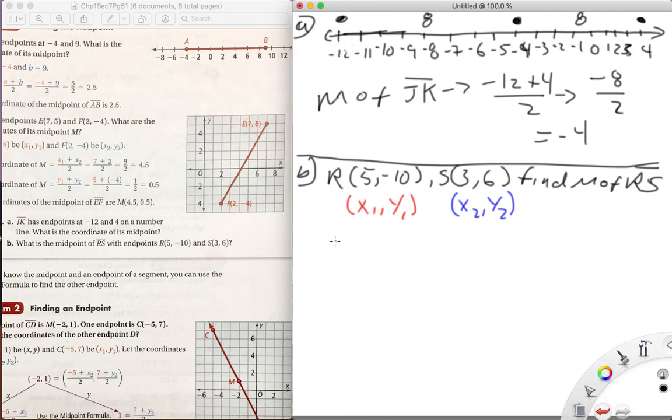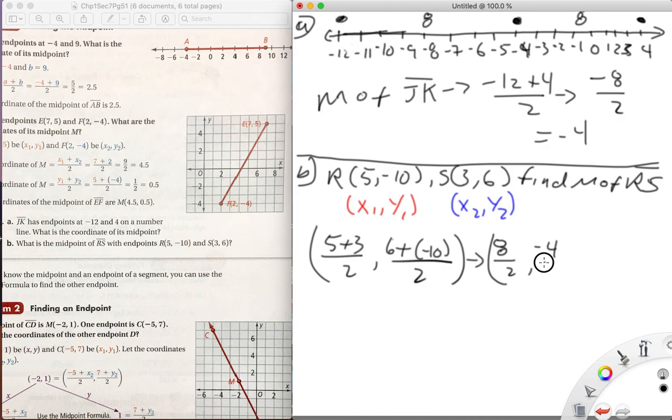So when I add this, it's going to be 5 plus 3 over 2, and 6 plus -10 over 2. That's 8 over 2 and -4 over 2. So then the midpoint of RS is going to equal 4 and